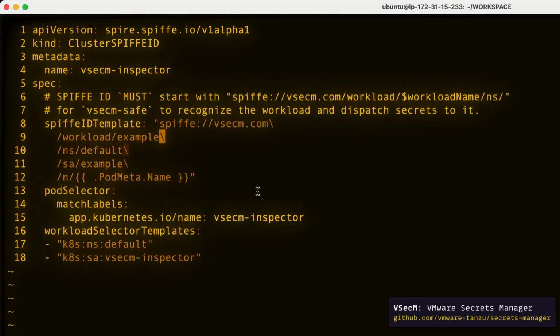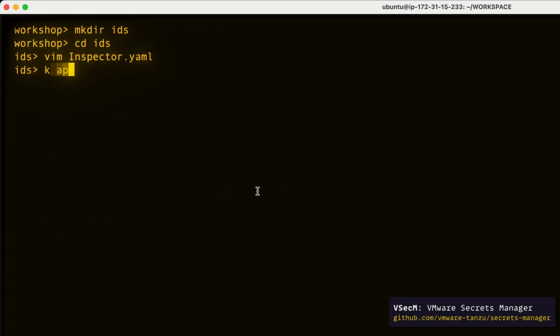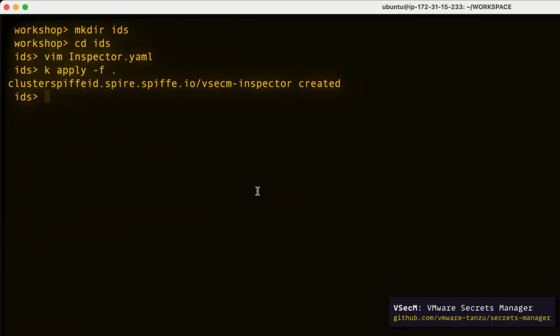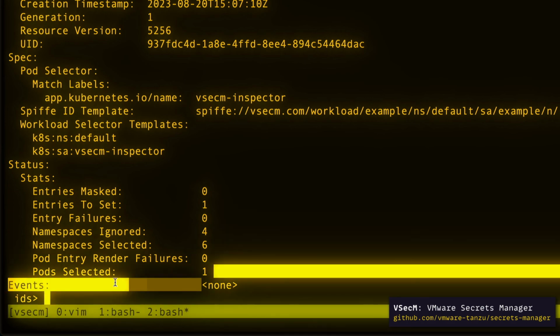Let's check it quickly. For this ID to be assigned to a workload, our pod should have a label vsecum-inspector as a name. It should be in the default namespace, and it should have a vsecum-inspector service account. This is enough evidence to validate the identity of our workload. I'll save this and then do a kubectl apply -f. And now when I do a kubectl get clusterspiffeid, I can see inspector here. And when I run kubectl describe clusterspiffeid vsecum-inspector, I see that it has one matching pod, which